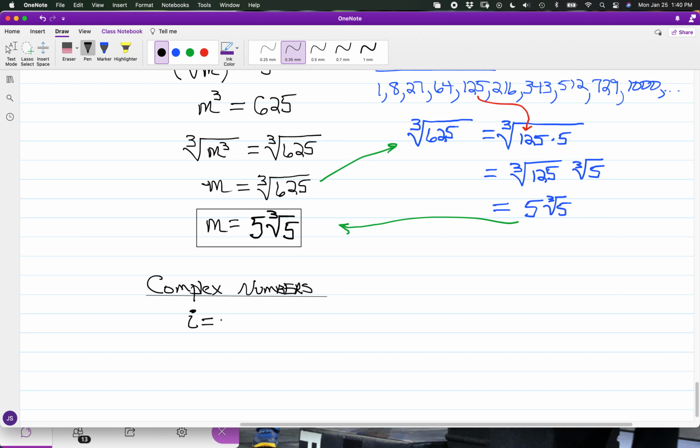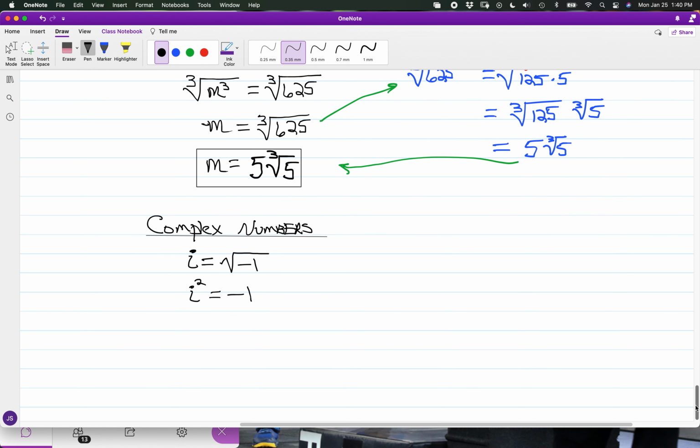Some books might have the letter j, but most will have i, and i is going to be in reference to the square root of -1. And if I were to square, i squared is equal to -1. For complex numbers, again, the foundation is i as the square root of -1. And to give you a feel of what we have in working with complex numbers,